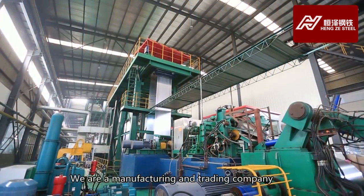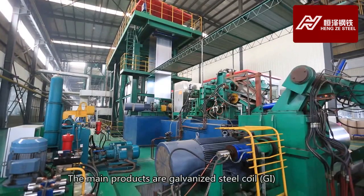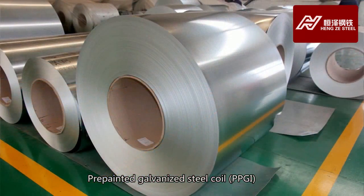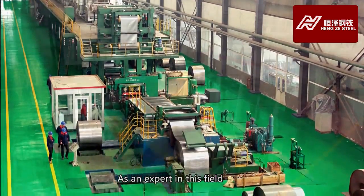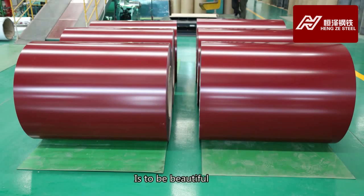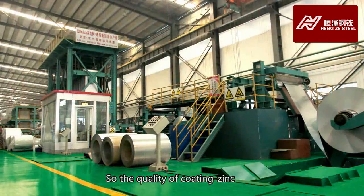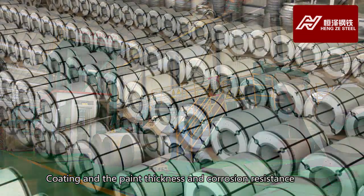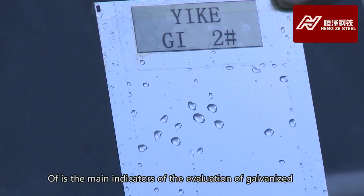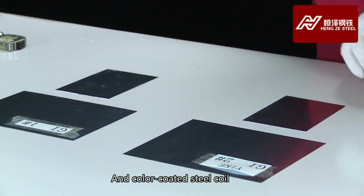We are a manufacturing and trading company. The main products are galvanized steel coil, GI, and pre-painted galvanized steel coil, PPGI. As an expert in this field, you know these coating products are meant to be beautiful, act as a barrier, and slow down air corrosion. So the quality of the zinc coating, the paint thickness, and the corrosion resistance are the